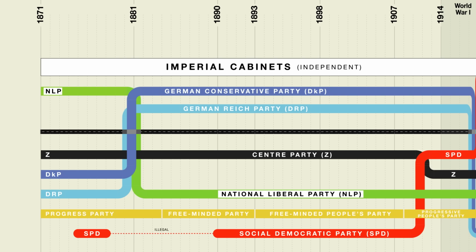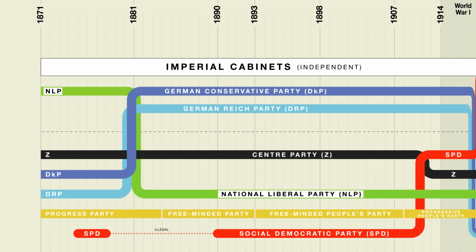This line is important because throughout this entire chart, parties shown above the line are those that either help form the government or are at least strongly aligned with the government, whereas parties shown below are those that are in opposition. Now, when it comes to the National Liberal Party, it's important to note that the word liberal in their